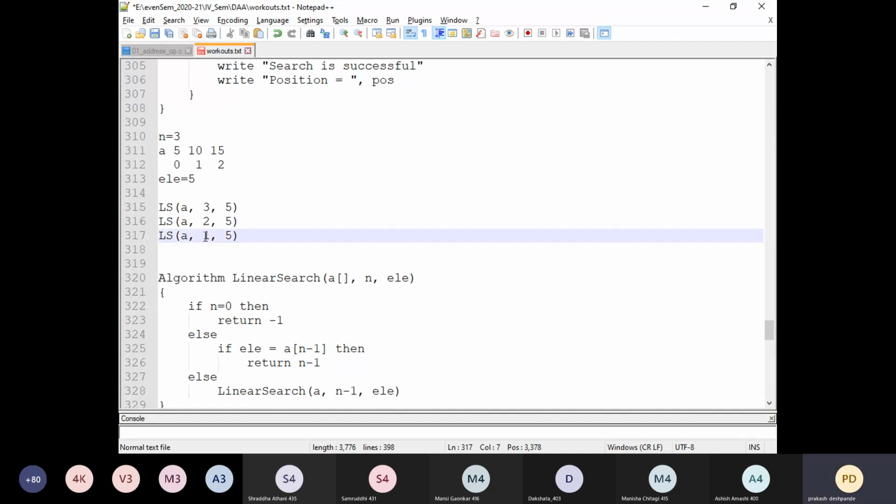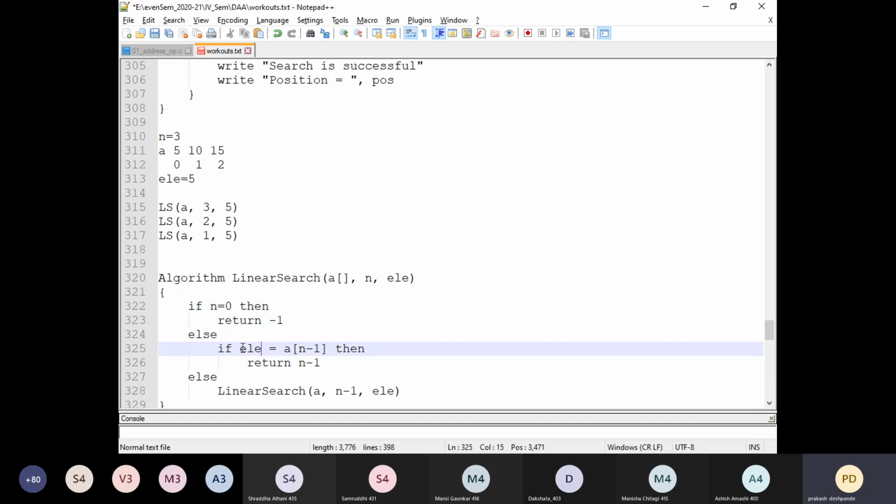Fine. Now there is only one element in the array and we are trying to search for it. Now the n value is 1. Is the condition n equals 0 true? No, the condition is not true. It will go into this state. Understood this state here? The n value is 1, but n equals 0 is false. It will move on to the next else block.